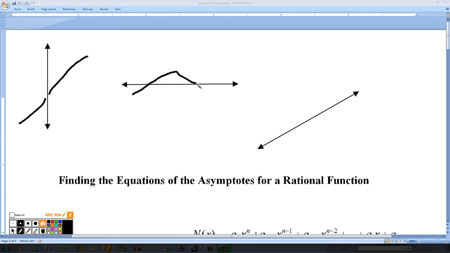So for horizontal asymptotes, we're concerned with what the graph does as x goes to infinity or negative infinity. So typically if the graph approaches but doesn't touch the asymptote as x goes to infinity or negative infinity, then it's considered a horizontal asymptote. So again, the graph may cross a horizontal or oblique or slanted asymptote, but never cross the vertical asymptote. Okay, so let's look